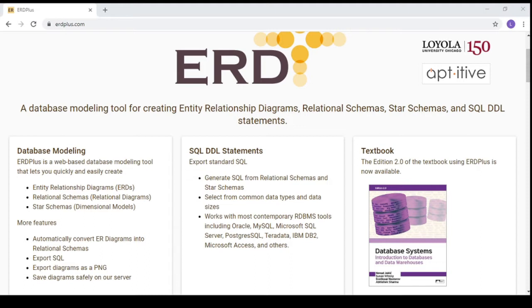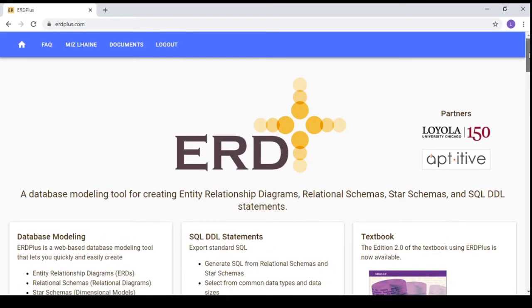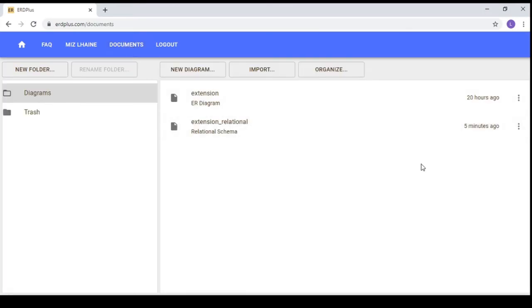Today we have a new tutorial on how to create an SQL script using ERDPlus. ERDPlus again is a database modeling tool for creating entity relationship diagrams, relational schemas, star schemas, and SQL data definition language statements. In the previous tutorials, we have already created an entity relationship diagram, and we have converted it into a relational schema, evident in our